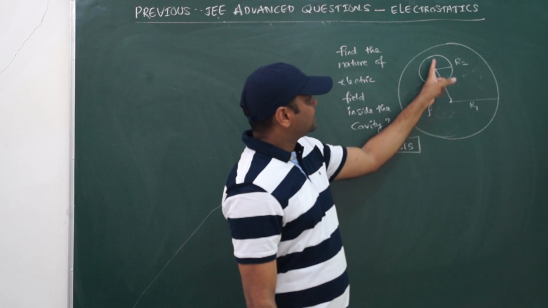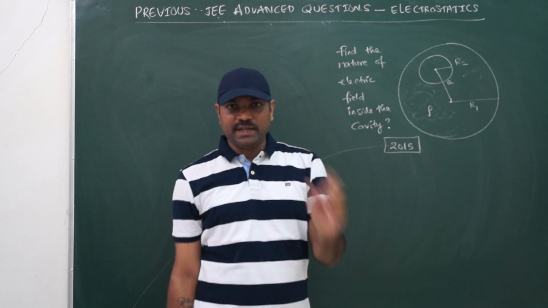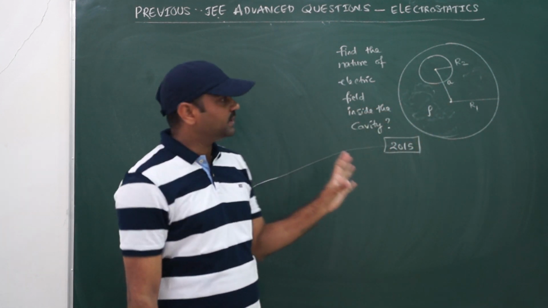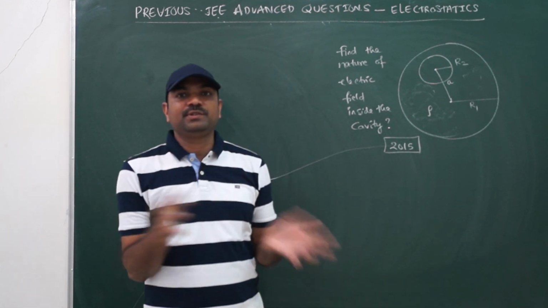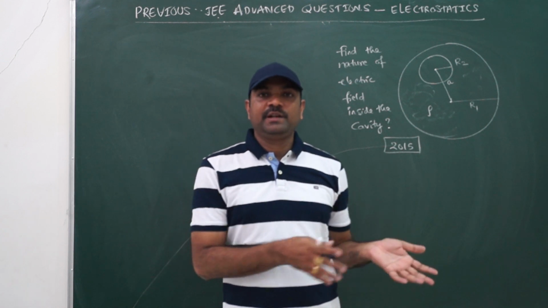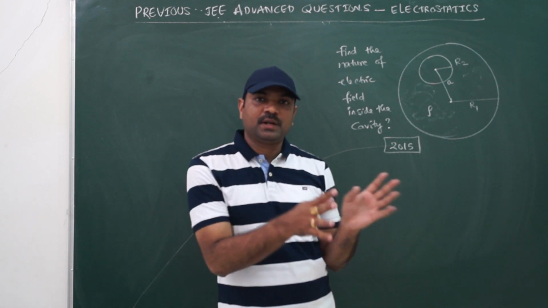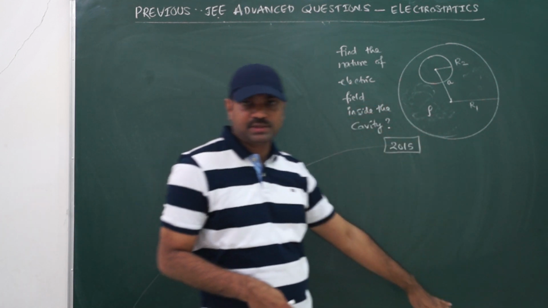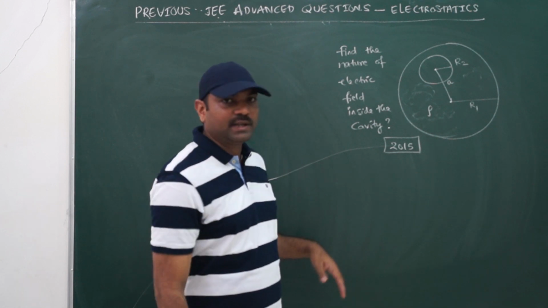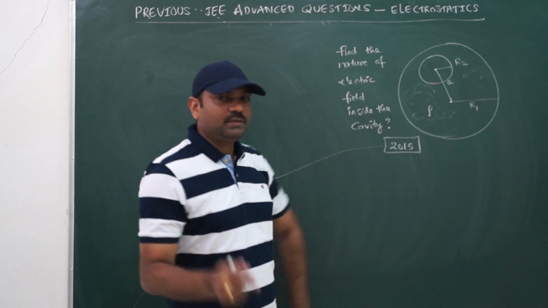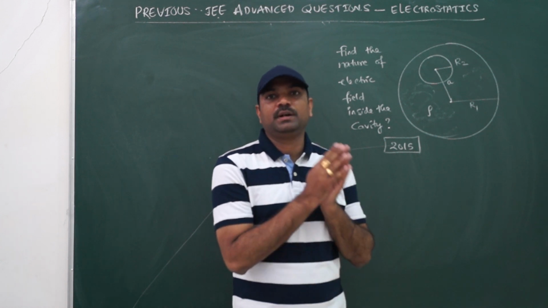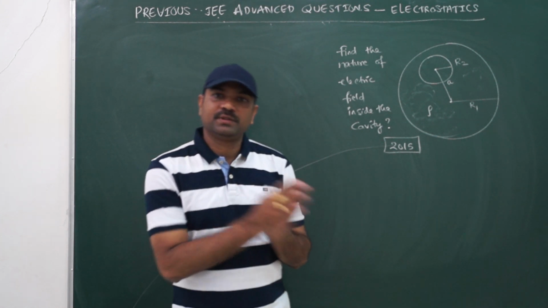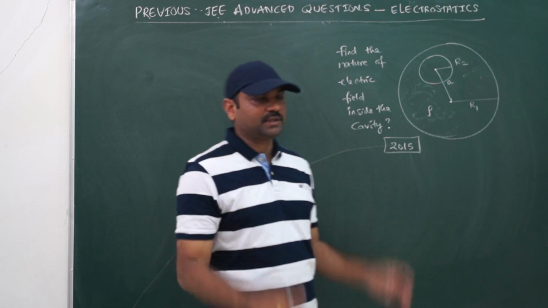Now the distance between the center of the cavity and the center of the sphere is A. A is the distance between them, given. This is the given information. In the options they have given that the field is uniform, the field is non-uniform, the field value depends on A, the field value depends on R1. I didn't write those options; you can directly get them from the question paper, okay. So what we are doing is basically looking for an idea. So how to solve this question, that is the logic.